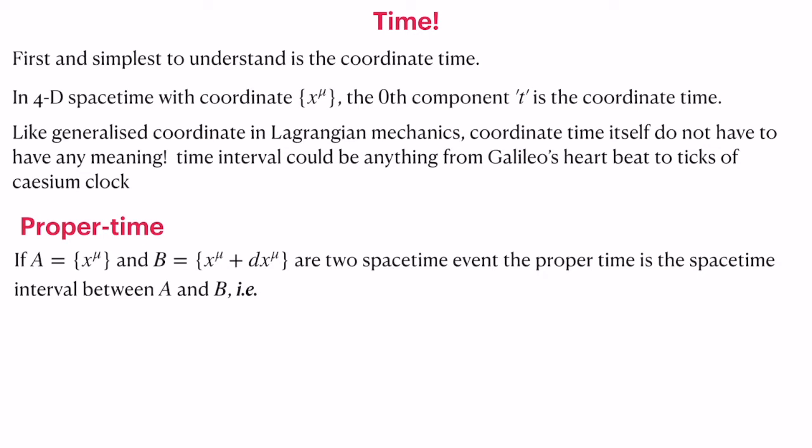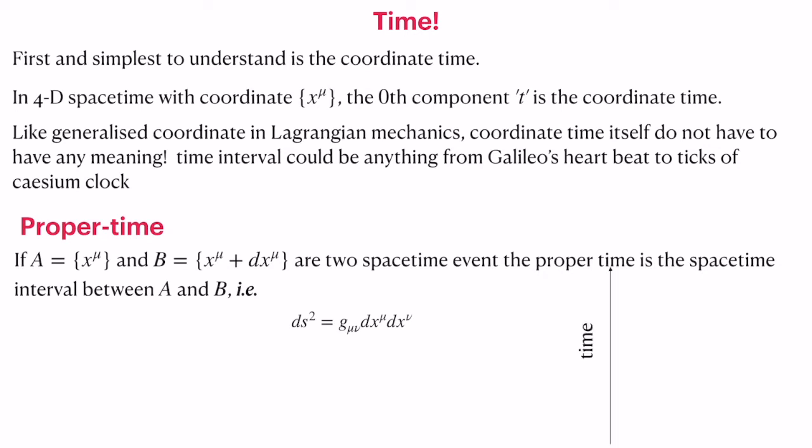Let's say A is designated with the coordinate x mu and B is given a coordinate of x mu plus dx mu. The space-time interval between these two events A and B is what we call the proper time between the events A and B. So it is defined as ds square is equal to g mu nu dx mu dx nu, where g mu nu is